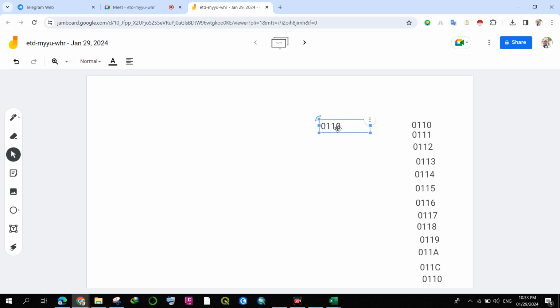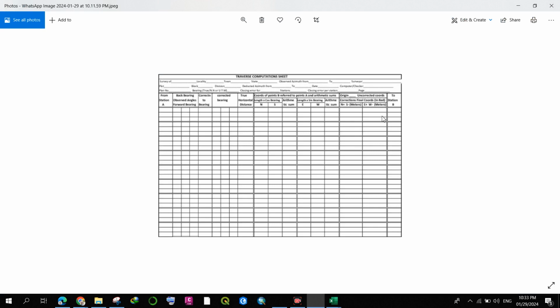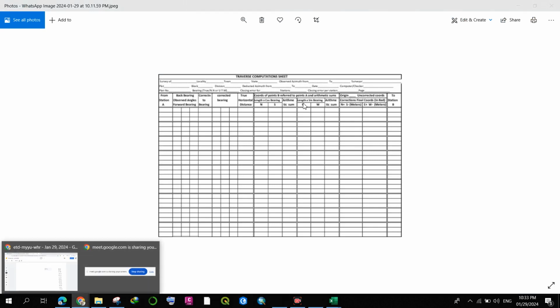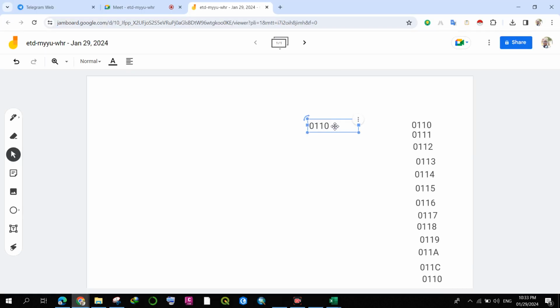So I'm having something like this. That's my northern column, this is my eastern column. So I'm going to arrange that. Then what is the northern for 0110? The northern is 828.934.961. All together. That's the first one. Copy, paste, and then